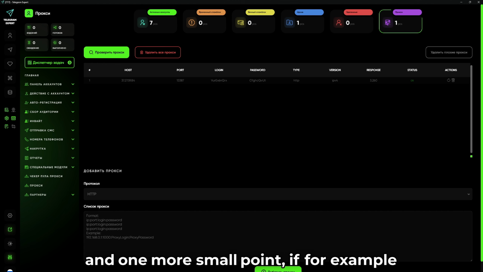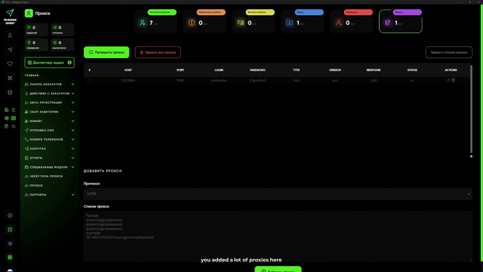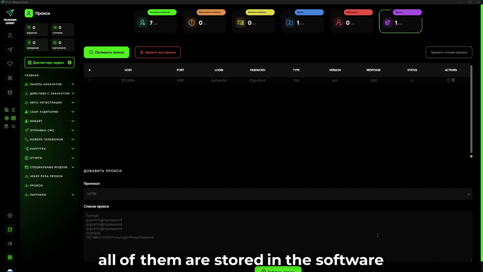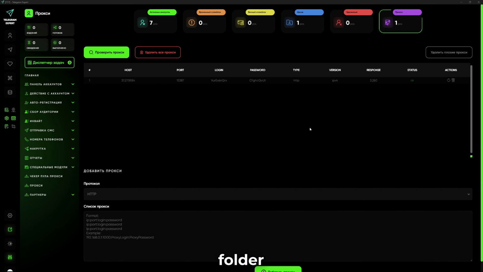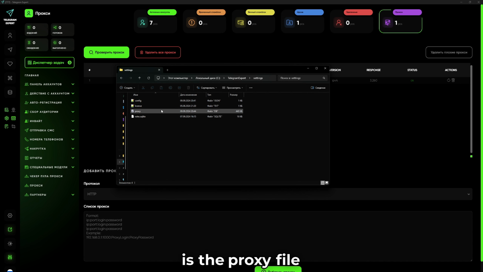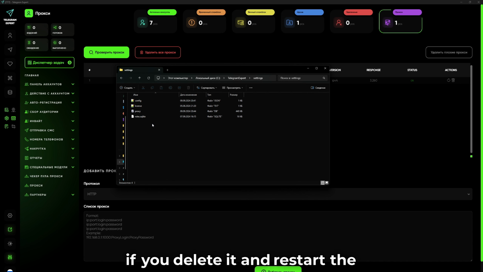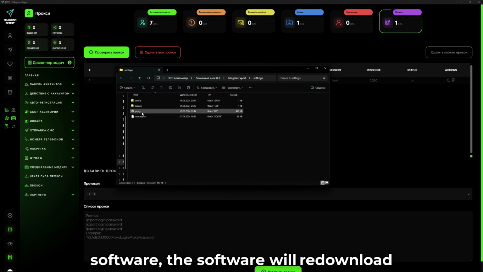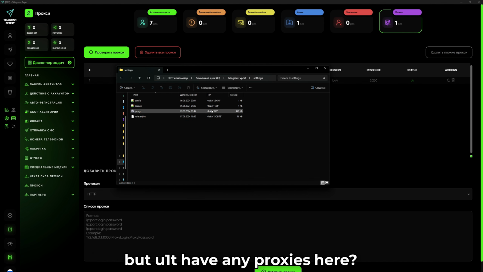And one more small point, if, for example, you added a lot of proxies here, all of them are stored in the software folder. Let's go to the software folder. We enter the settings folder, and here is the proxy file. If you delete it and restart, the software will re-download this file. But you won't have any proxies here.